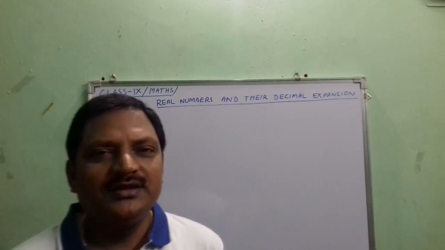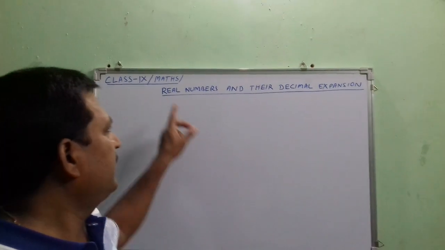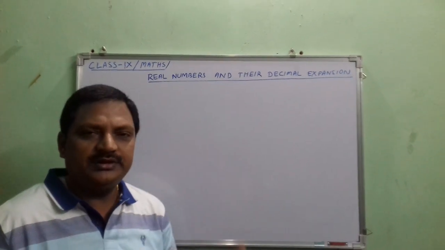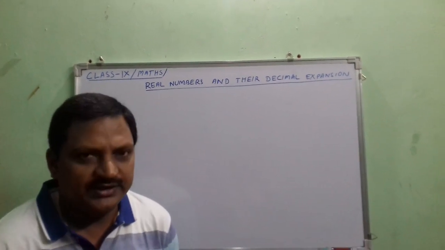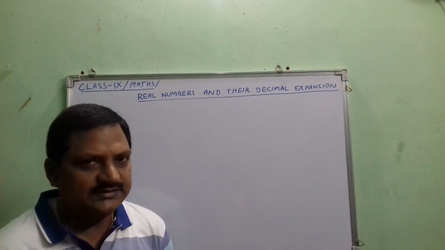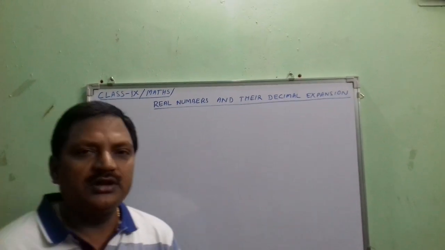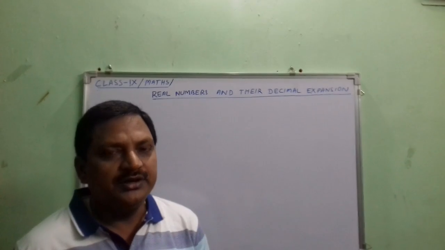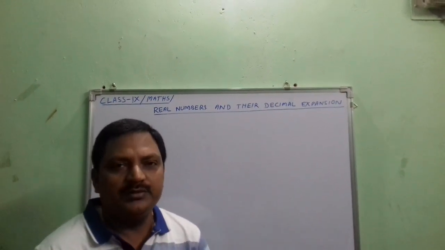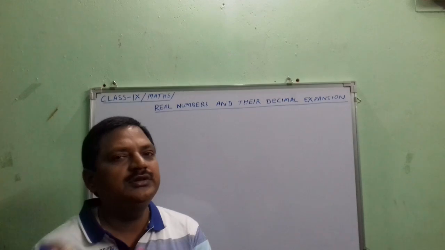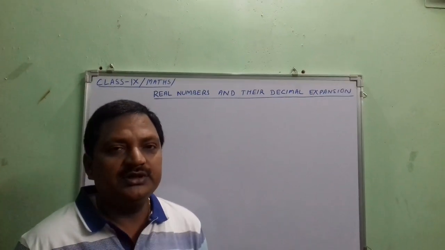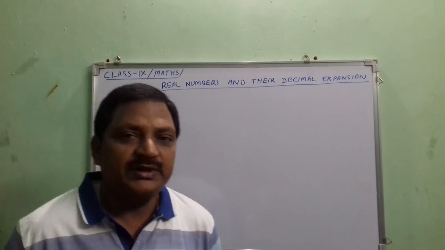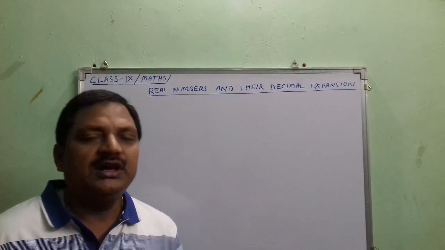Dear students, in this video today we shall learn about real numbers and their decimal expansion. We have learned about real numbers and they can be broadly classified into rationals and irrationals. And in this part we shall learn a different type of expression by which we can determine if a number is coming under rational category or irrational category. And for this we shall go for their decimal expansion and we shall see how the decimal expansion can be done for rationals and irrationals.